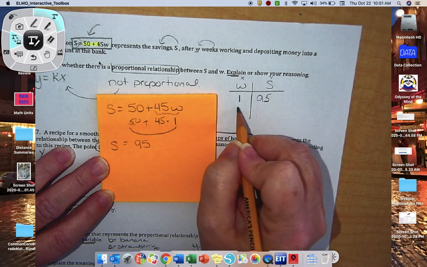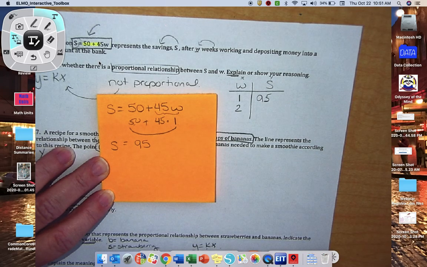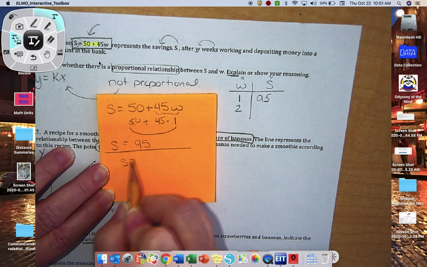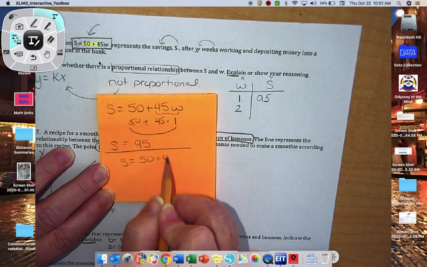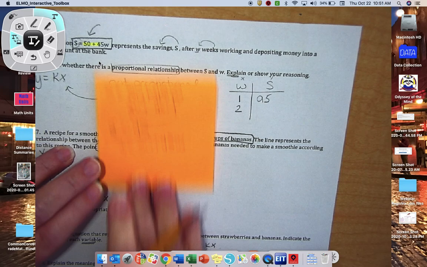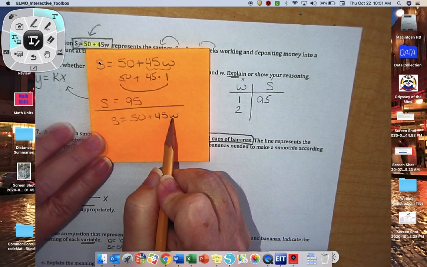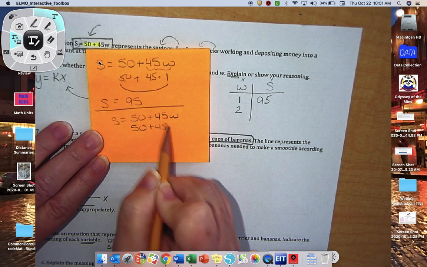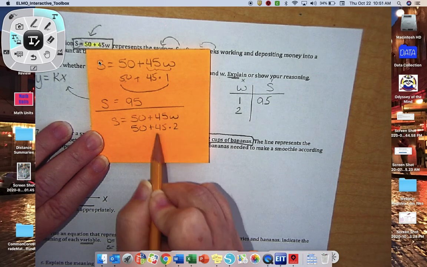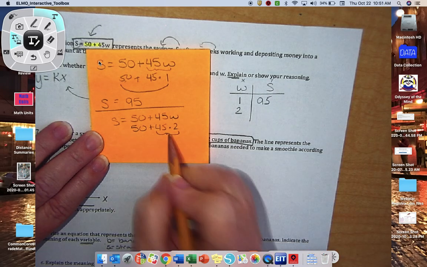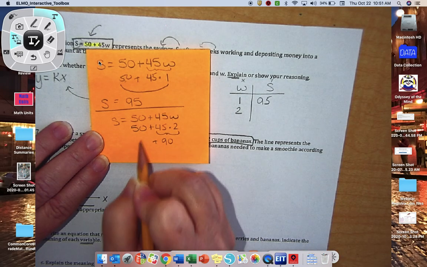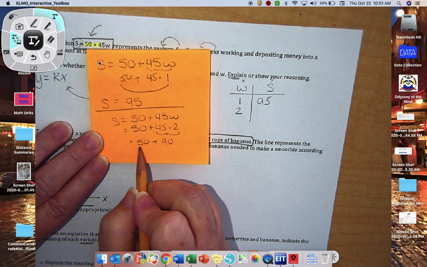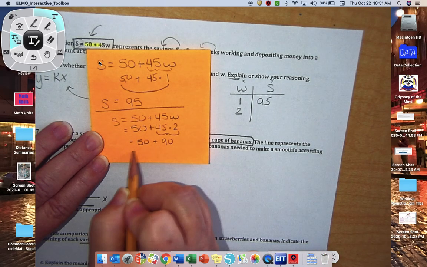So this time I'm going to change my W to 2 for 2 weeks. I'm going to start with my equation again. This time I'm replacing my W with the number 2. Well, I've got to do this first. 45 times 2 gives me 90. And I'm going to add 50 to it. So 50 plus 90 ends up giving me